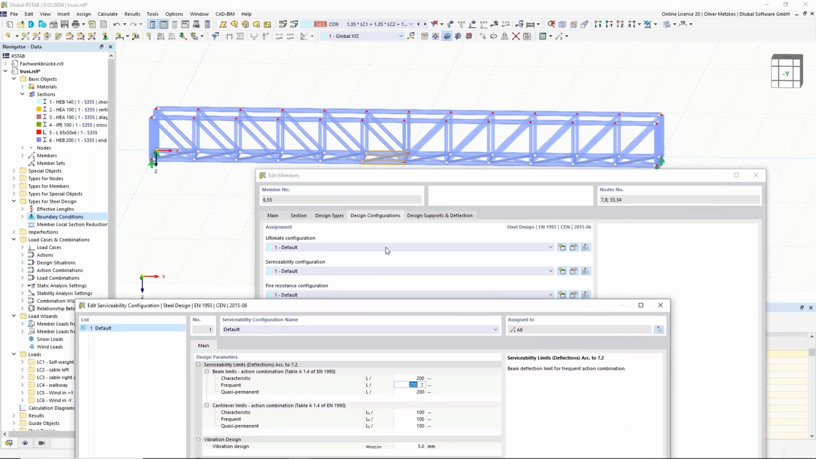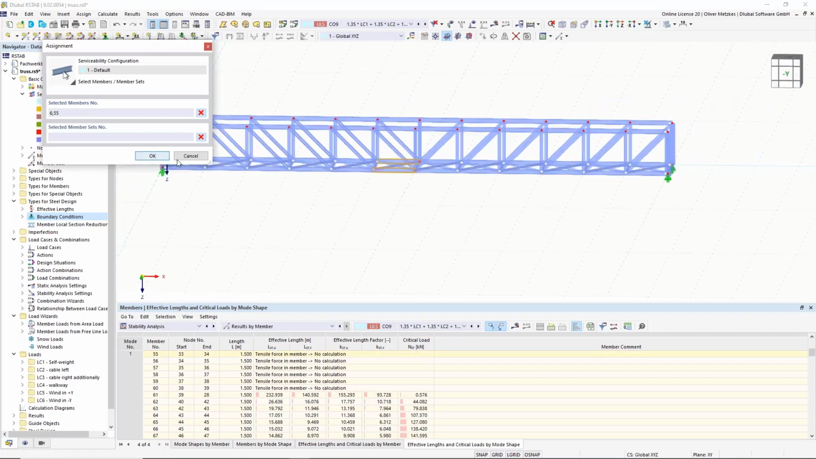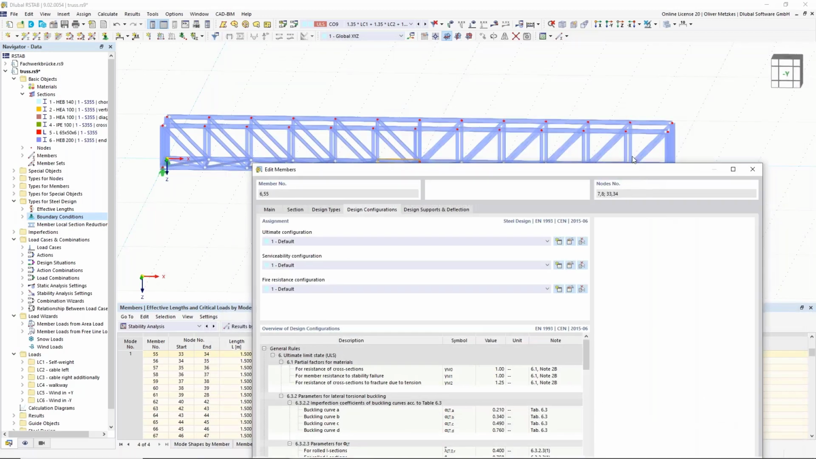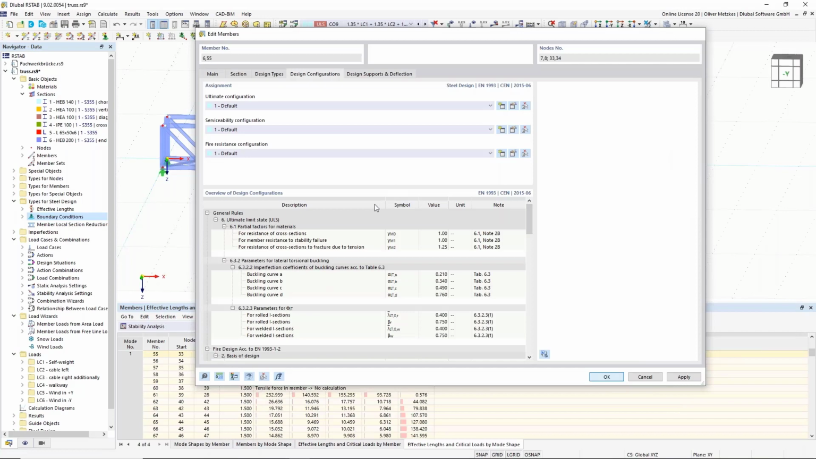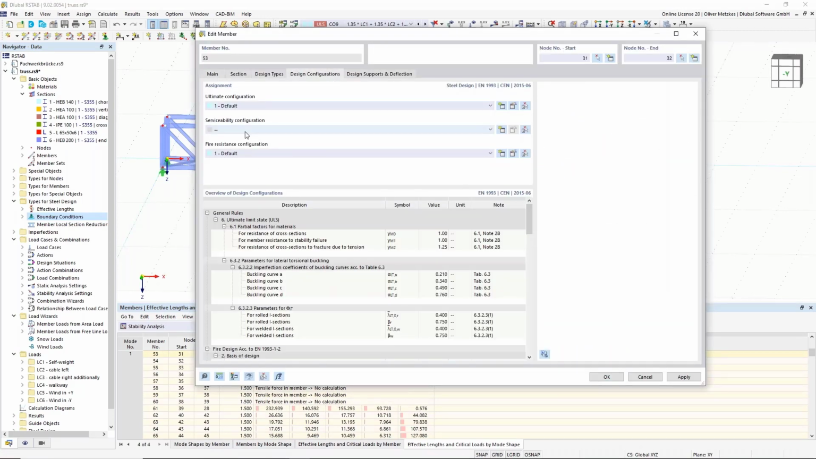Now I have said I don't want to check all the members for serviceability, but only those two. So I can also assign this serviceability configuration not to all the members, but only to those two members. Oh, that's wrong. I want to have this one and that one. Okay. And confirm it. Confirm it again here. Now I see that, for example, this member in the design configurations tab doesn't have a